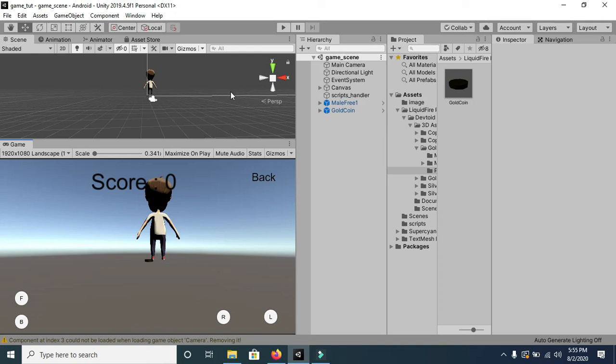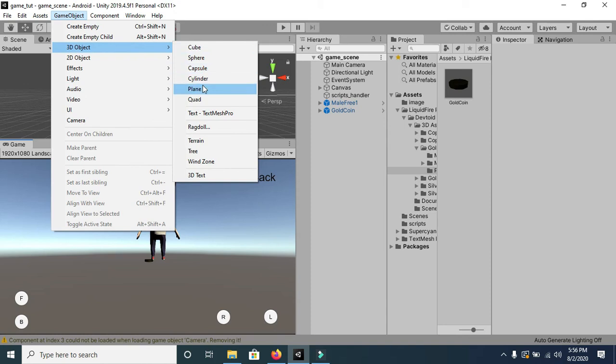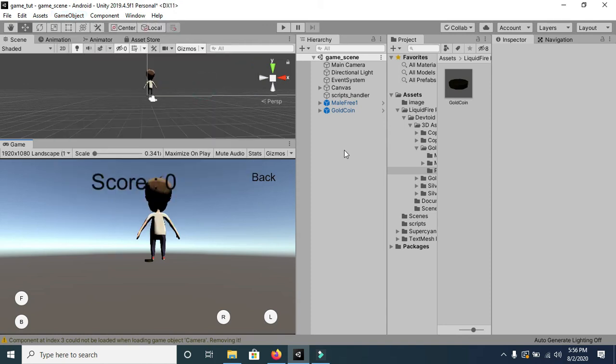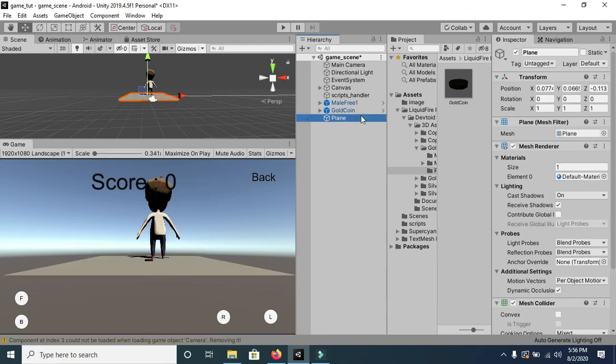One more thing I want to add before signing off. We can import a plane. This will be the ground surface in our game on which our player will move.